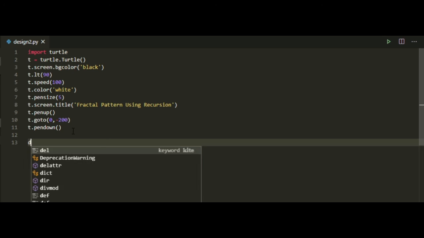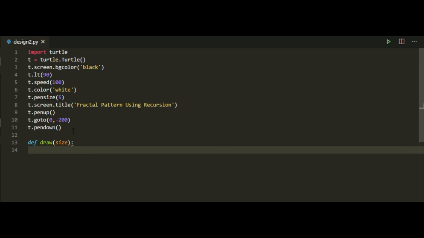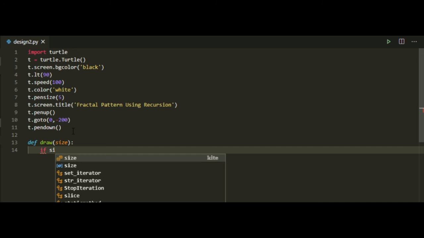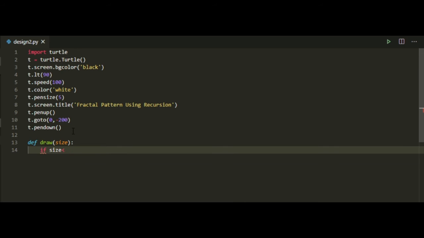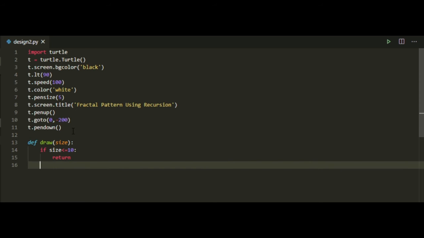We just have to define a function. So we'll say def draw, which takes the input size. If size is less than or equal to 10, we'll just return nothing. And we can do this by writing just return. No need to specify anything after that.